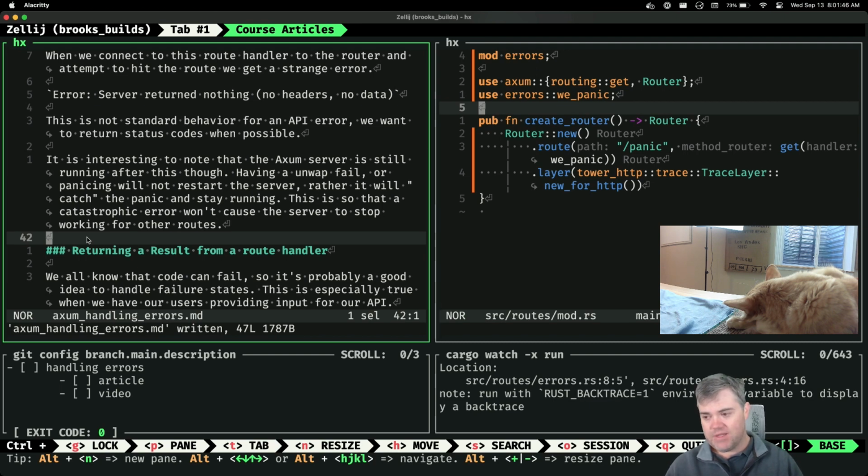Let's take the case of an API you put onto ECS, AWS Elastic Container Service. If there's a failure, like your connection to the database goes down, your unwrap on the database connection fails and panics, all your routes are going to fail and panic. It's going to be pretty bad.